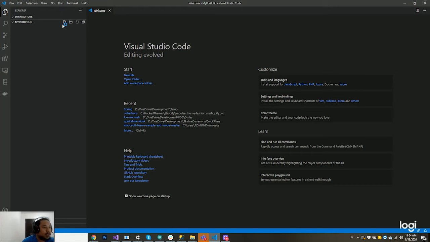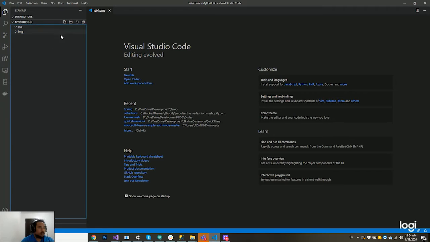So what you're going to do is a few things. First, you create a new folder, call it CSS. That's going to be the folder for our styles. And then you create another folder. Now outside, create another folder in the same directory, my portfolio. Be careful not to click the CSS so that it won't create it inside. So image for the images,